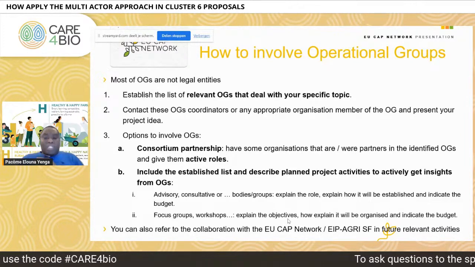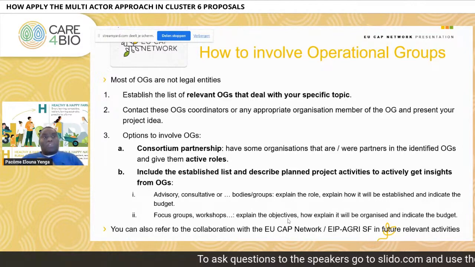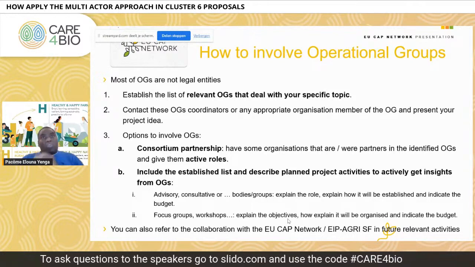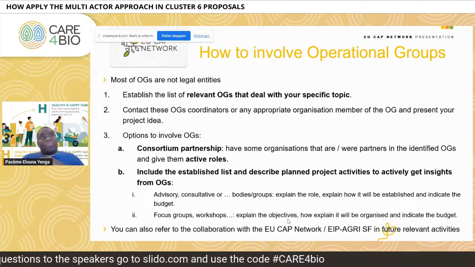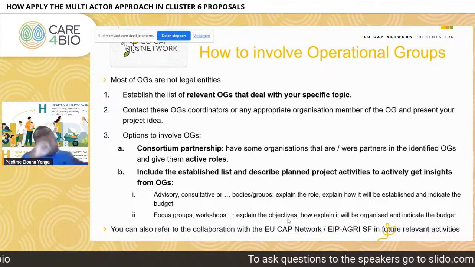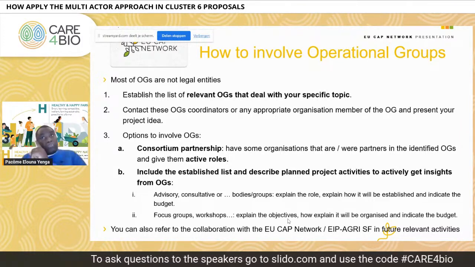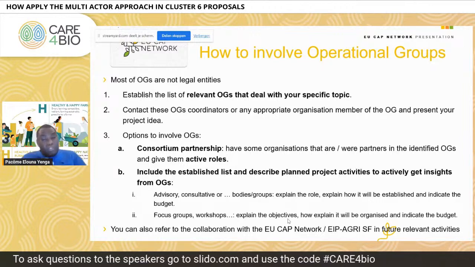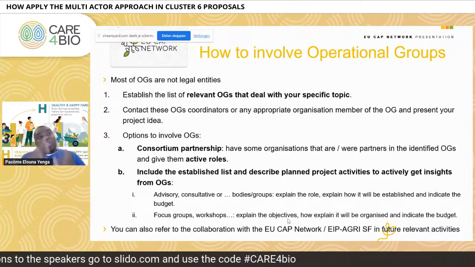Also explain clearly how you would be establishing that group and how that group will be working in order to create value to your project and show that they are involved in what you will be doing. A key point again, because in the multi-actor approach, if they have a role, you should also clearly explain what is the budget that is allocated to that group,